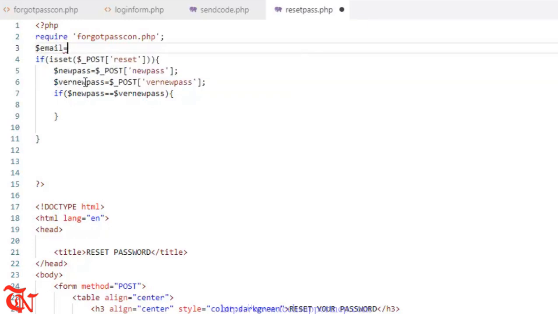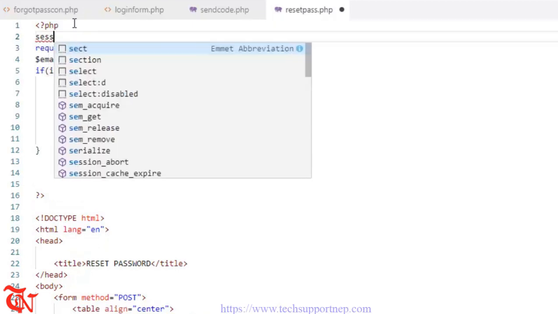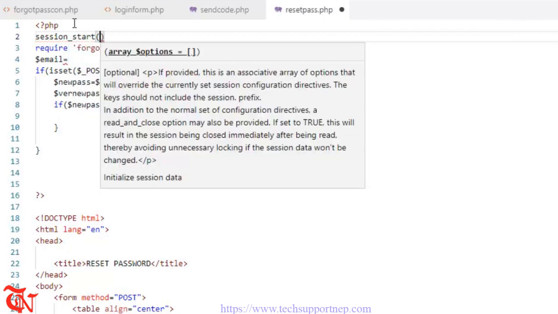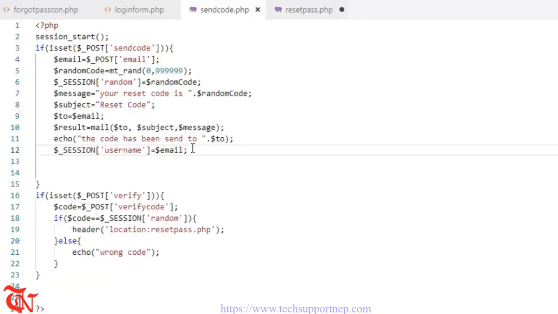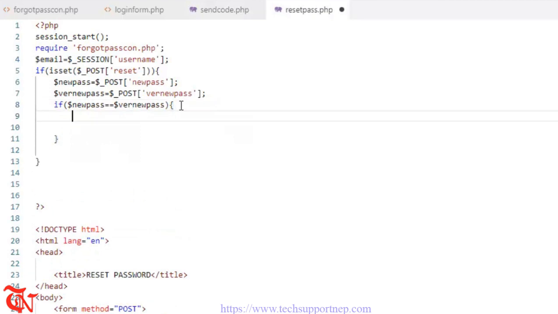Email is equal to, first of all we need to use session_start, session_start, and here email is equal to $_SESSION, and the session variable name, that is username. This variable name should be exactly the same as what we defined in sendCode.php, email, and then session. Now here I'm going to write the query,